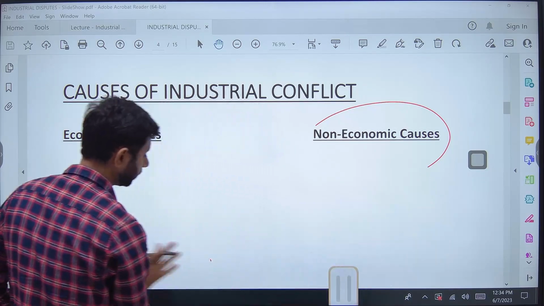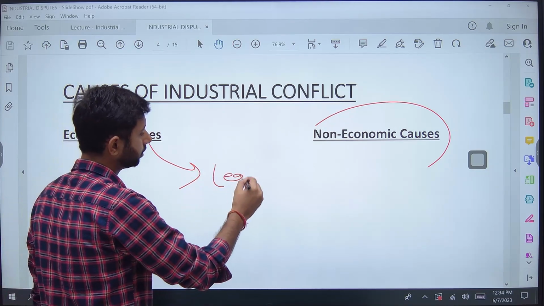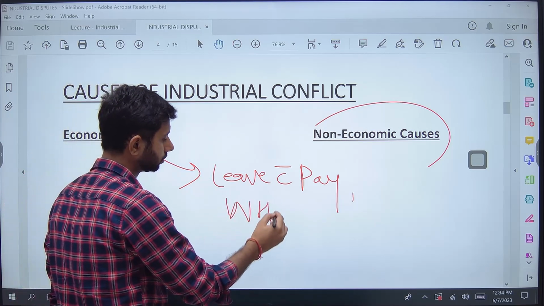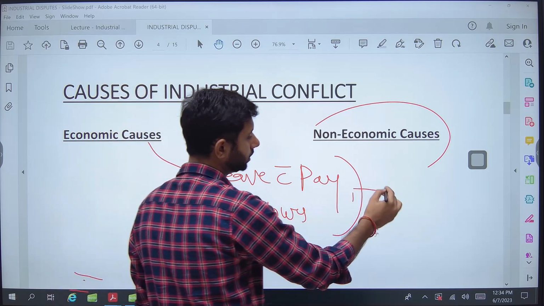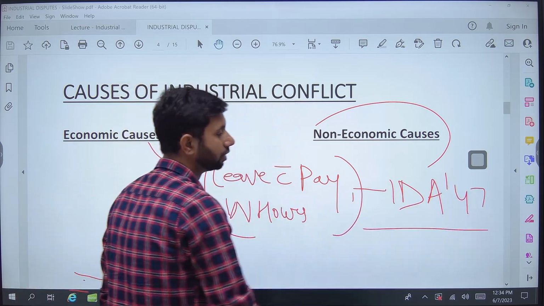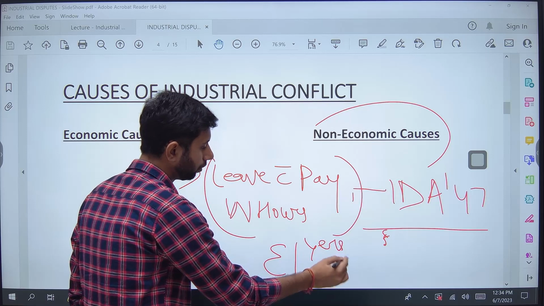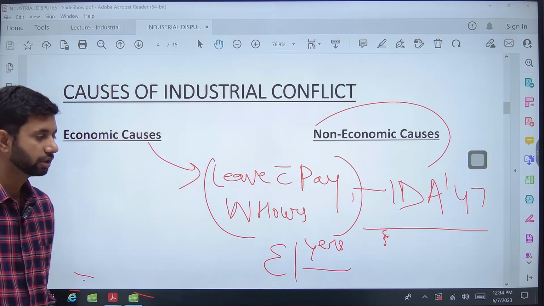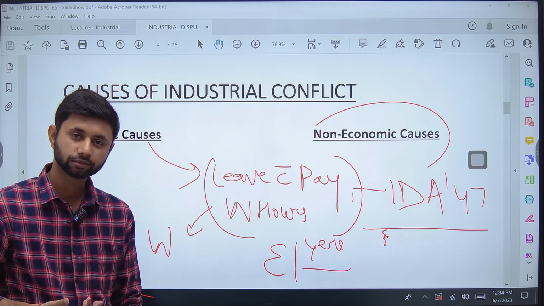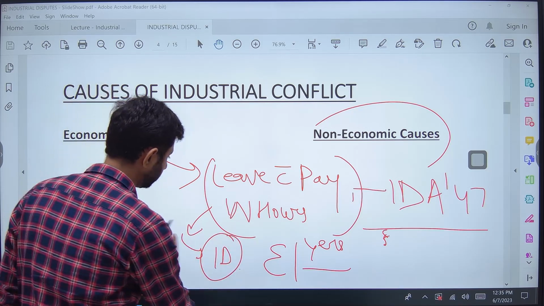One more thing is that there are various legal provisions with respect to leave with pay and working hours. These legal provisions are provided under various labor laws. Usually what happens is that despite these legal provisions, various employers do not follow them. And because they do not follow them, workers feel that they are getting exploited by the employers despite having legal rights. So this results in industrial dispute. Okay, so these are the basic economic causes